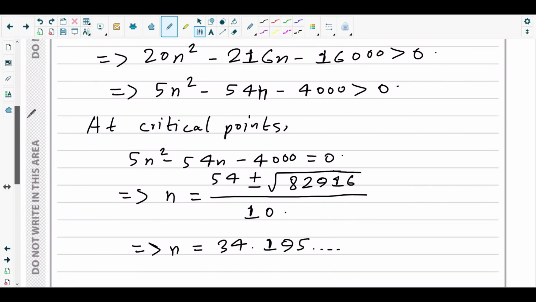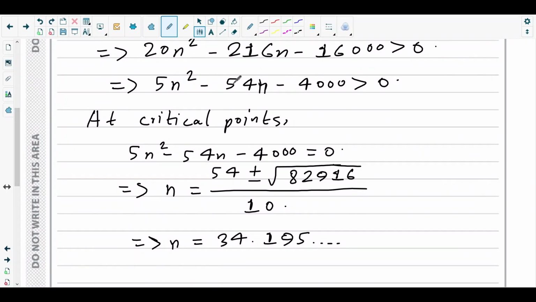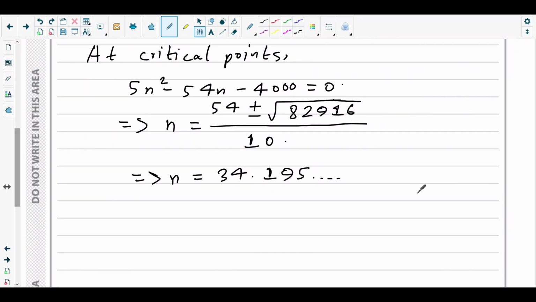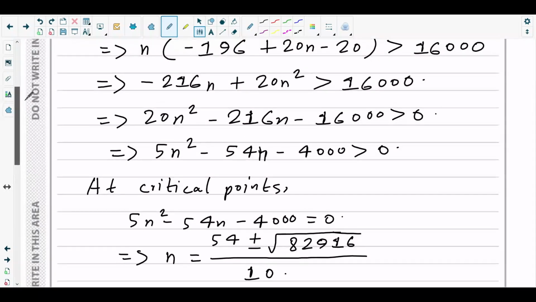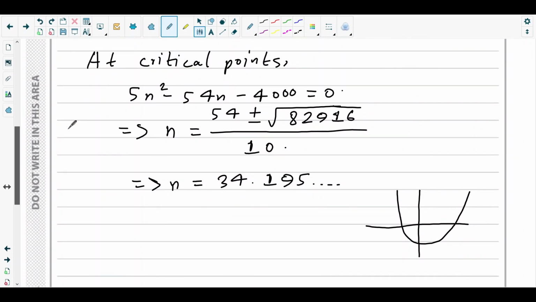Okay, so consider the quadratic inequality. Look at the sketch. The coefficient of n squared is positive, so it has a minimum turning point like this. Now the inequality wants the part of the curve that is above the x-axis. So this part is above the x-axis, this part is above the x-axis. So we are considering the positive x-axis only. So here n is 34.195 that we got. So the part of the curve will be above the x-axis when the value of n is greater than